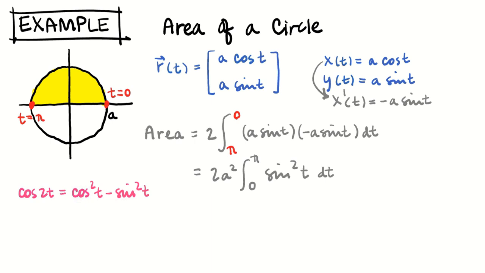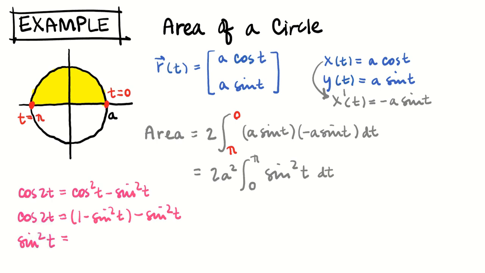So I'm going to substitute that cosine squared t is 1 minus sine squared t. And if I combine all this, I would have 1 minus 2 sine squared t. And if I solve for sine squared t,